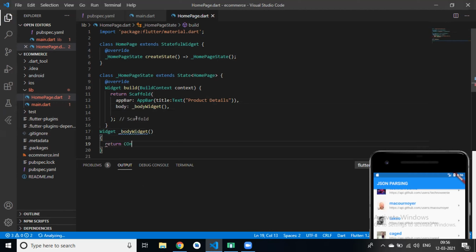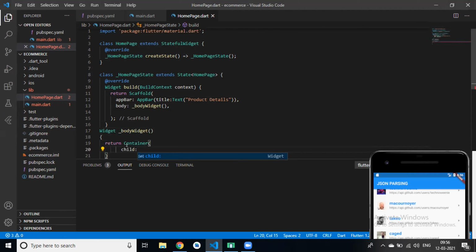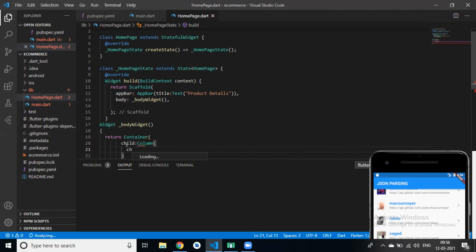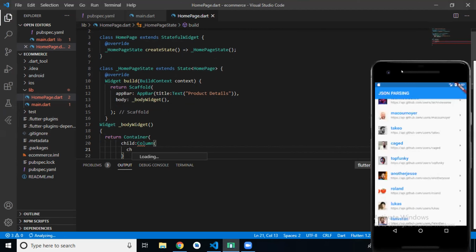So in this, we have a container. In this container, we have a child. In this child, we have a column, right? We have children. Column or row?